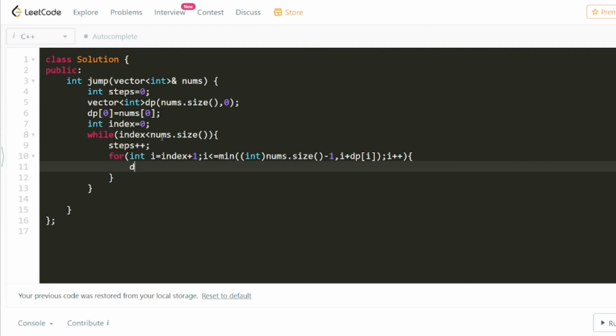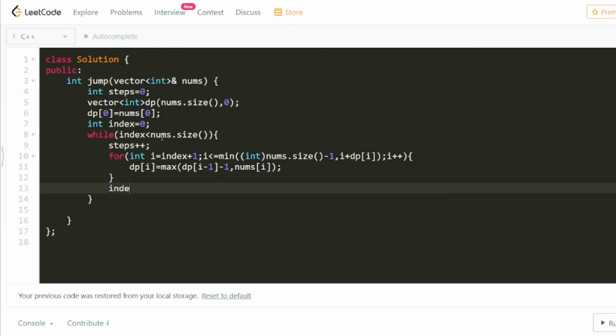Now once we have done that, we need to update dp of I to max of dp of I minus 1, then we're going to take another parameter which will be nums of I. Once we have found the max, our next step will be updating our index.